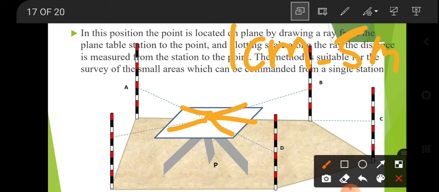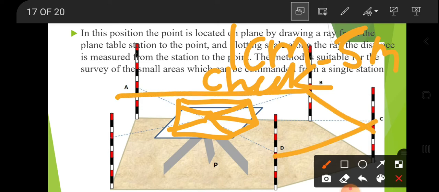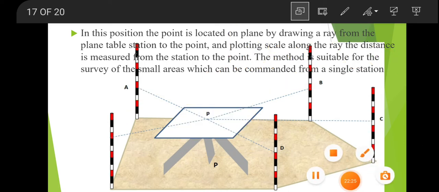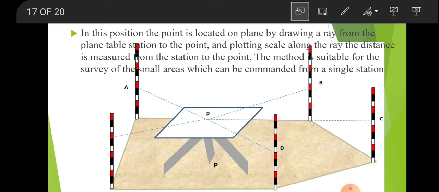After that he will connect those lines, and these lines are your check lines. AB is a check line, BC is a check line, CD is a check line, DE is a check line, and EA is also a check line. If the bisecting is done properly and the drawing is also proper, then and only then your plan is correct. Otherwise, if the bisecting is not correct and the measurement is not correct, then the plan is wrong.